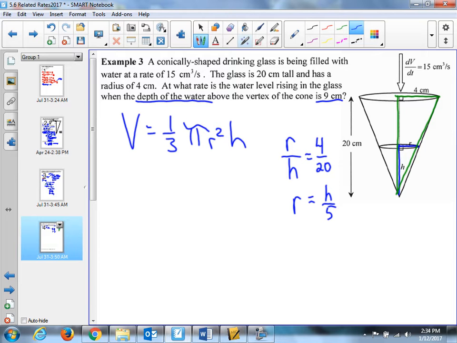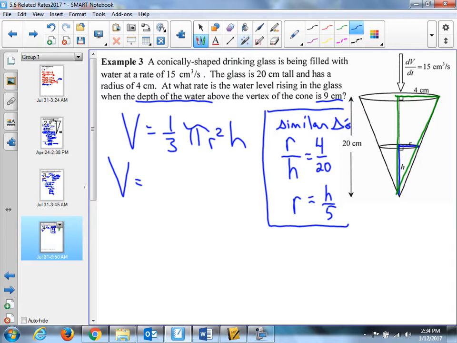So this is sort of an aside here from similar triangles. I'm going to sub that in, and now we have volume as a function of height, strictly a function of height in this case. 1/3 pi, I'll do it as 2 steps here. H over 5 squared h. So the volume function,